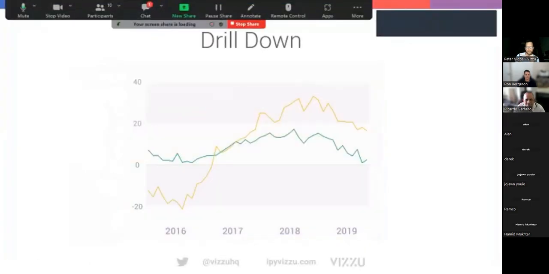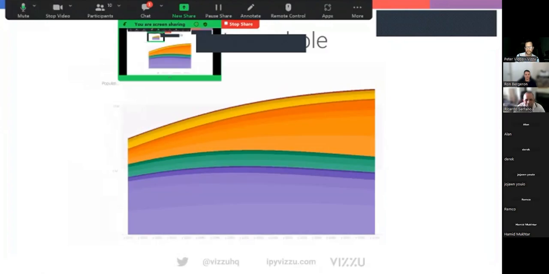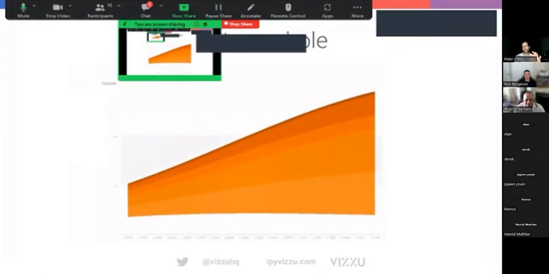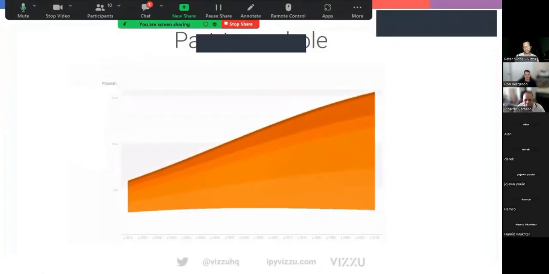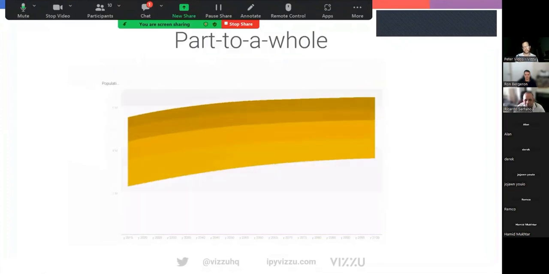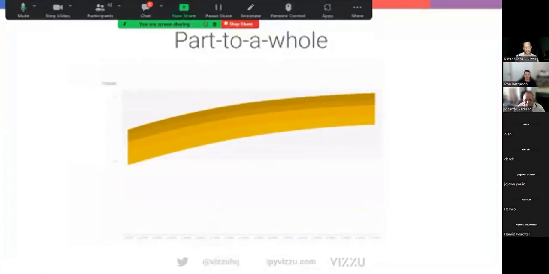All right, so it also works very well if you want to zoom in, for example, on a stack chart and show how different components are working, and if there's one that goes against the trend, like in this case, and things like that.